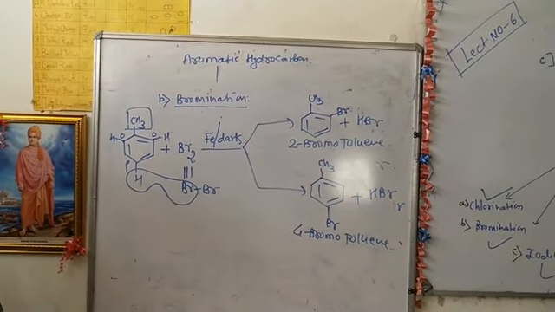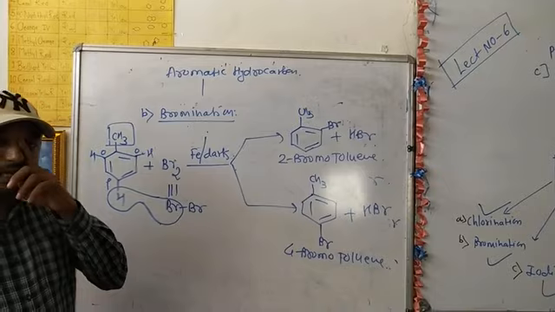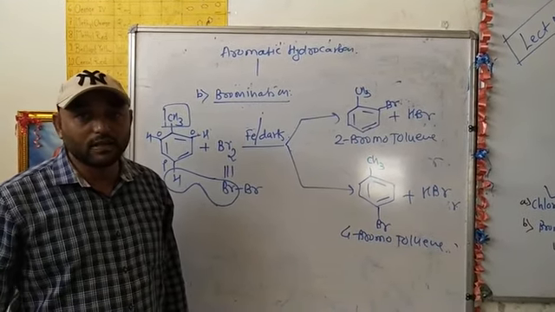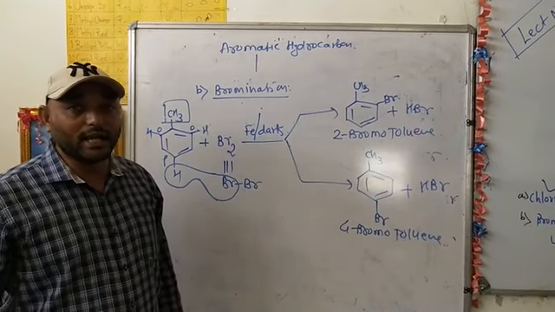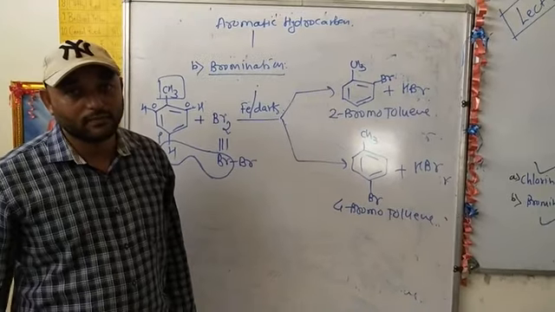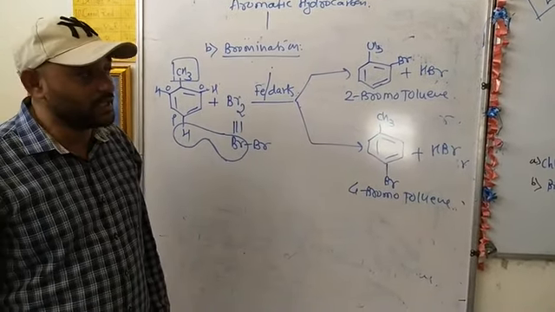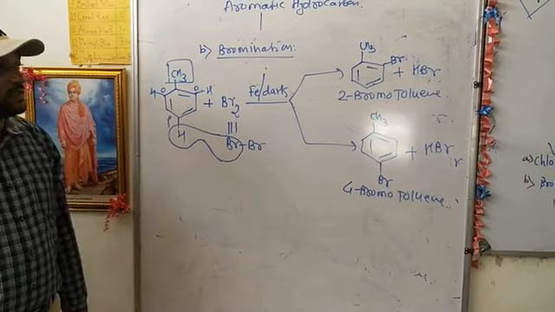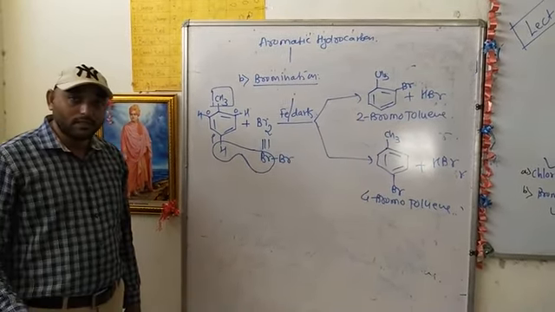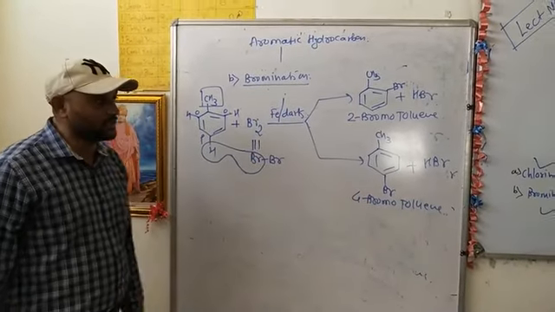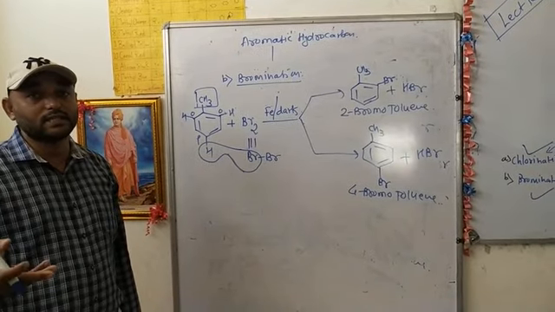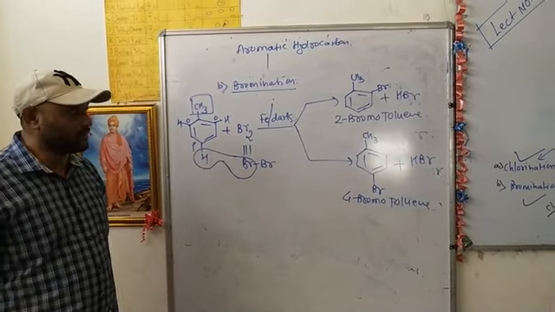Likewise, chlorination, bromination, and iodination of benzene and its derivatives are also possible in the presence of a catalyst. Otherwise, direct iodination of benzene is not possible because it gives a reversible reaction due to the formation of HI, which is a reducing agent. That's why direct iodination of benzene is not possible. It's possible, but a reversible kind of reaction. To avoid the reversible reaction, we should use oxidizing agents such as HNO3 or HIO3.